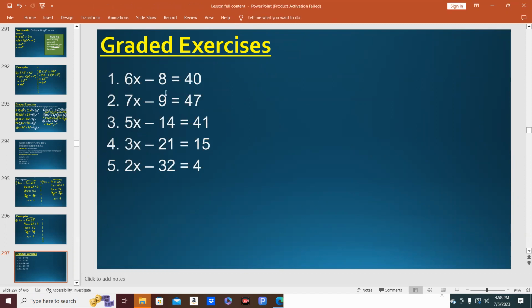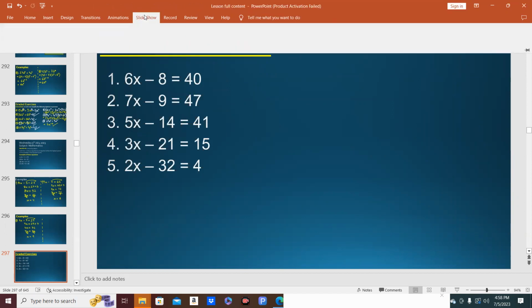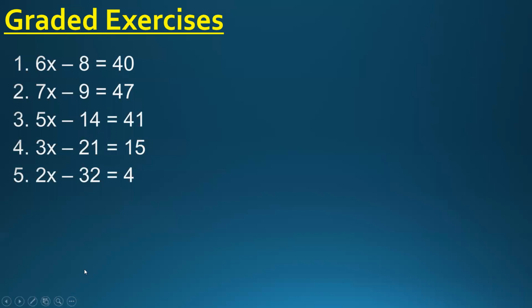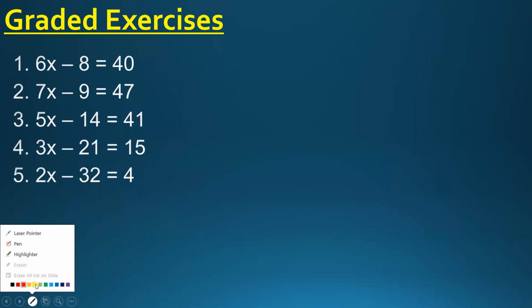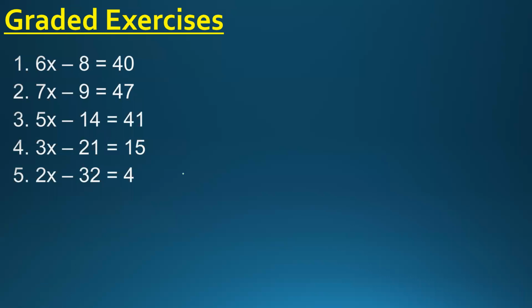So this is a regular 5. We have 6x minus 8 equals 40. 7x minus 9 equals 47. 5x minus 14 equals 41. 3x minus 21 equals 15. And 2x minus 32 is equal to 4. For the bonuses,